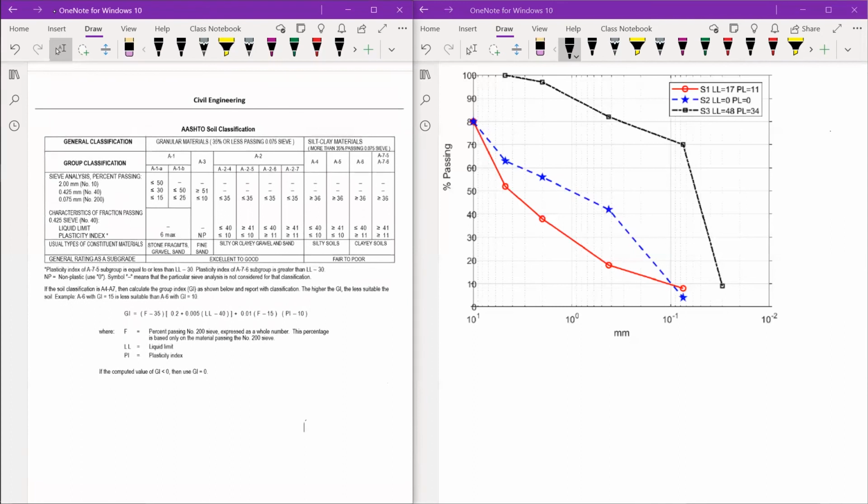First thing to deal with the ASTM method is look at the percent passing from the sieve analysis and go back to the example problems we have on the right hand side. We see 3 soil grain size distribution curves. So start with the very first one, the red curve. We need to identify the percent passing